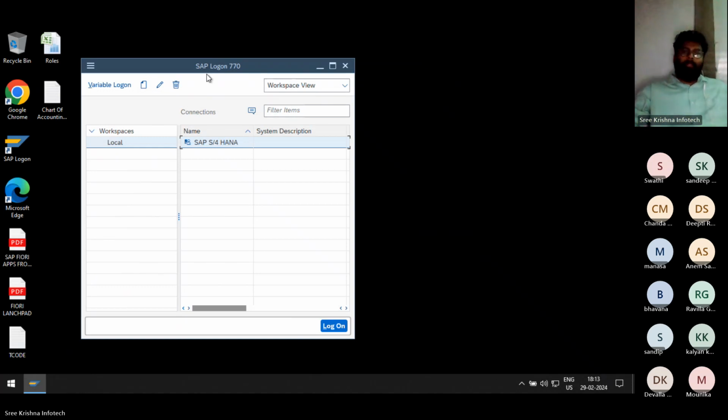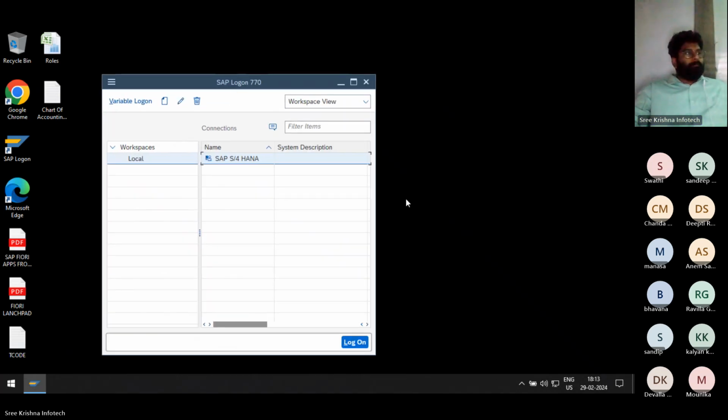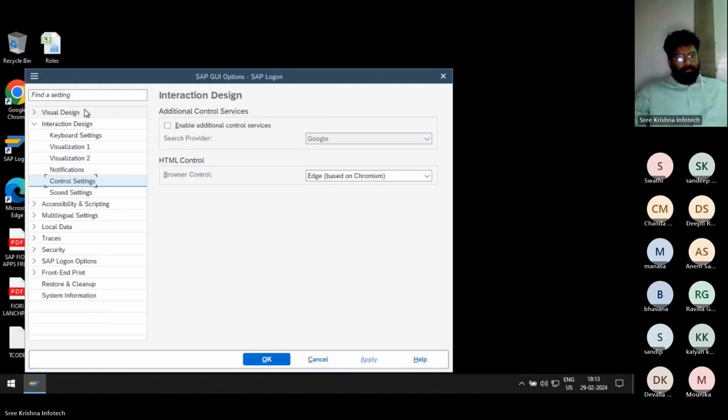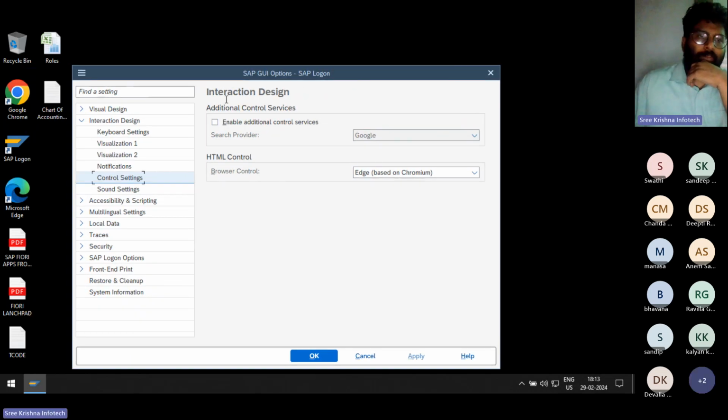Please check the screen. Most of the time, when you access this particular screen, you have to select this option, go to options. Okay, so here, control setting. In controlling setting, you have to select your browser. Always go to Chrome because it is authorized. If you go to Internet Explorer or any other internet browsers, it is a little difficult to access bank accounting